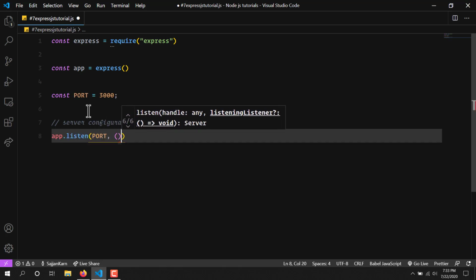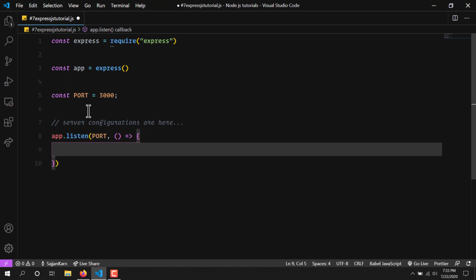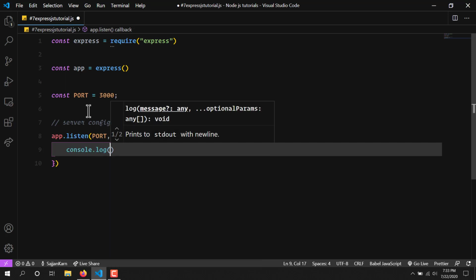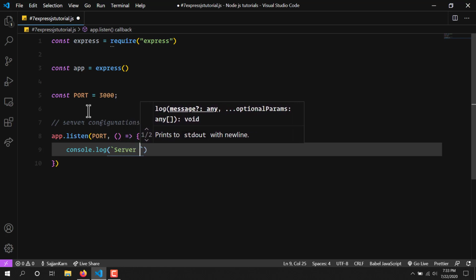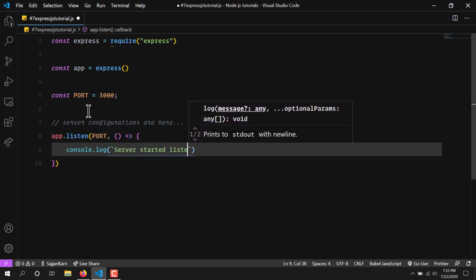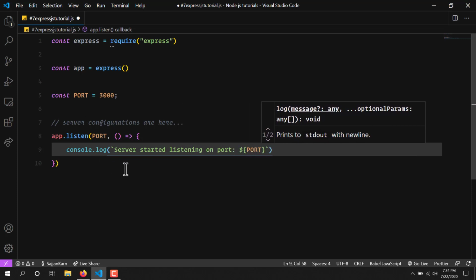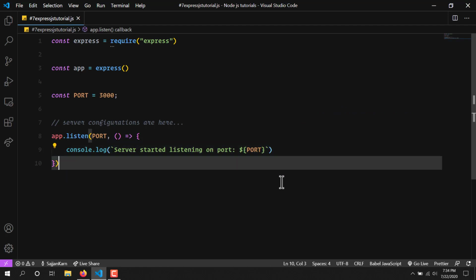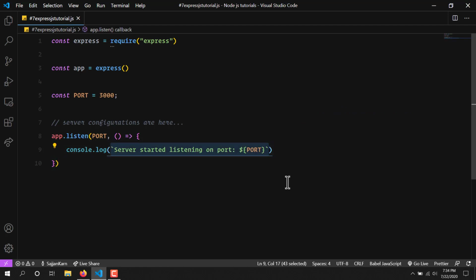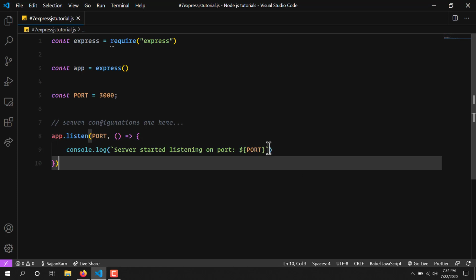It takes a callback that will fire when the server successfully listens on that port. I'm going to write console.log, server started listening on port 3000. And by the way, if you don't know why I used a backtick, it's a newer JavaScript syntax that lets you integrate any variable into a string.